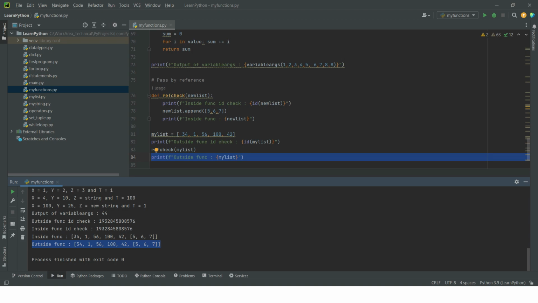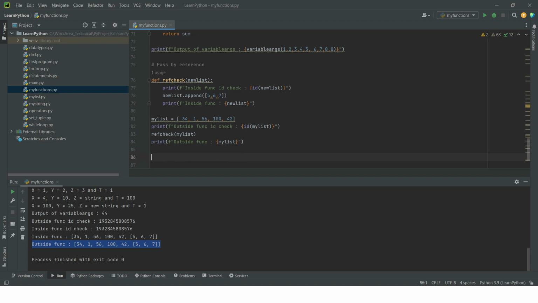In Python, what is happening is everything is passed as reference. So if you make changes into something, a mutable object, then it will change outside the function. It is only true for mutable objects. If it is immutable, for example, this is a string, and if I pass, let me pass ref check